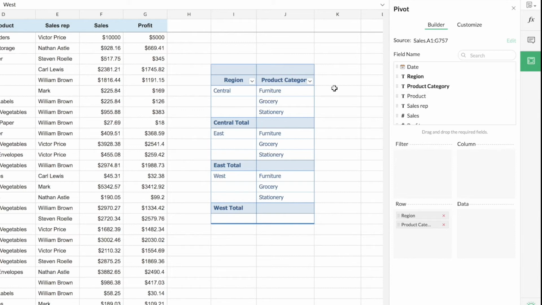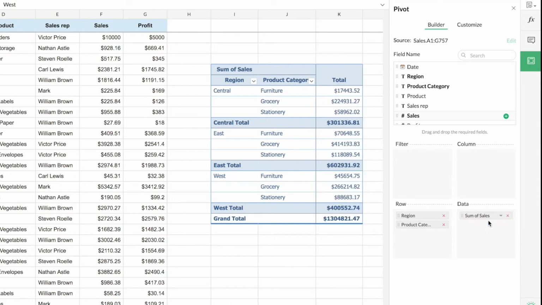As you can notice, there is data missing in the table because we have not yet used the sales field here. So I'm going to drag and drop sales into the data box here, because sales is what is going to be the data by which we are going to consolidate the table. Once I've dragged and dropped sales into the data box, you can see that it has taken a default function, that is sum. You can also choose to change the function by which the data is being consolidated in the table. You can see a small arrow mark here.